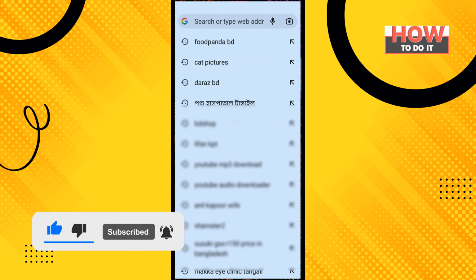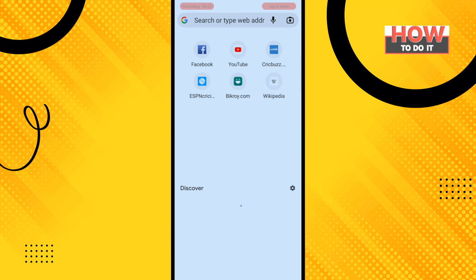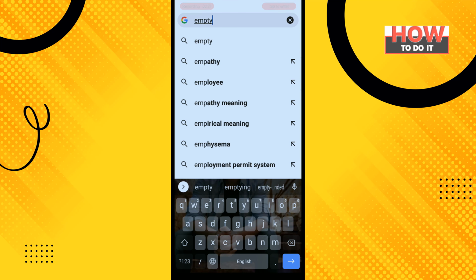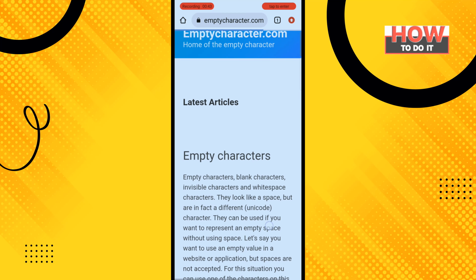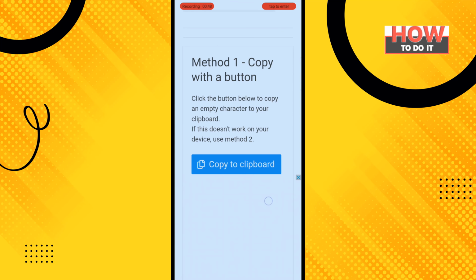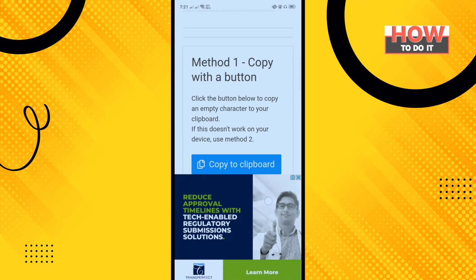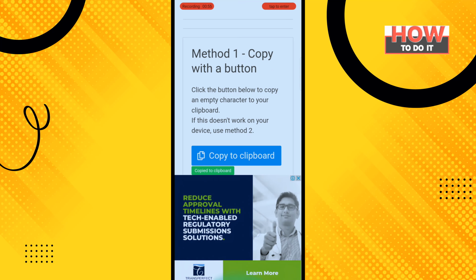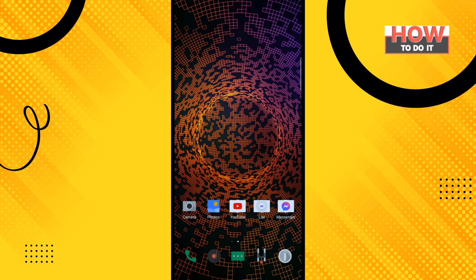How to do it. So first of all, open your browser, emptycharacter.com, scroll down and here you'll find an option called method 1. So tap on copy to clipboard and now open your Messenger